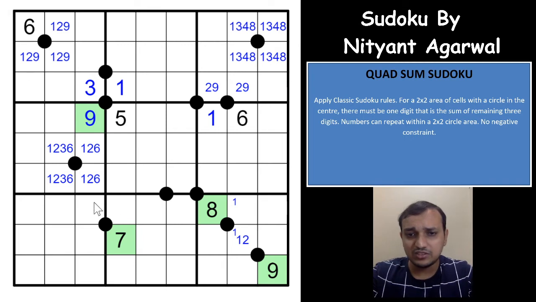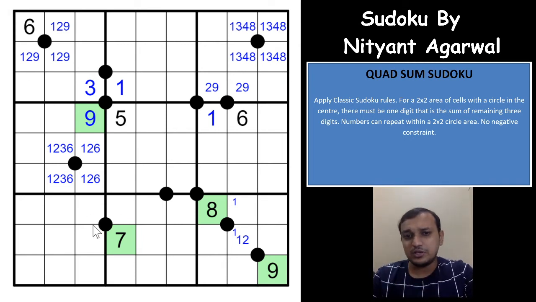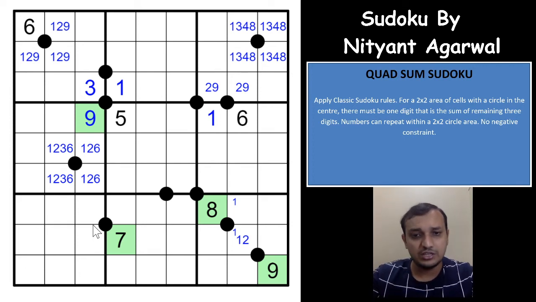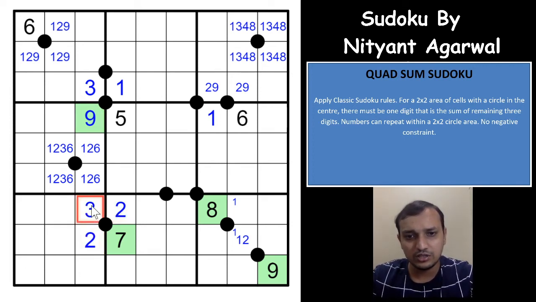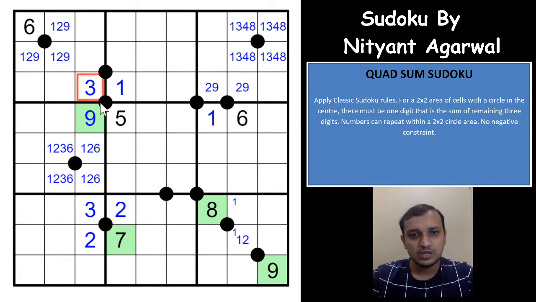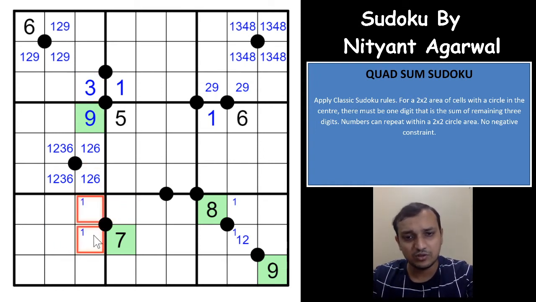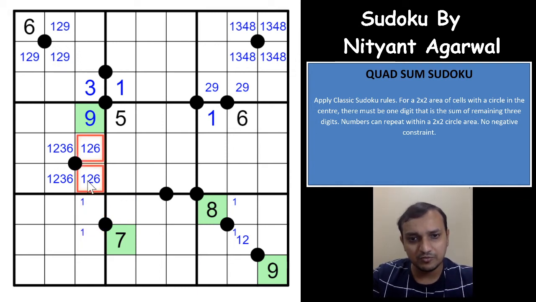Can you have the 7 sum without having a 1? There is only one possibility for the 7 sum without using a 1, that is 2, 2 and 3. You need to have a 2, 2 and 3, but you already have a 3 here. So which means that 7 will surely have a 1, and that has to be somewhere in one of these 2 cells. So that eliminates 1 from this cell.